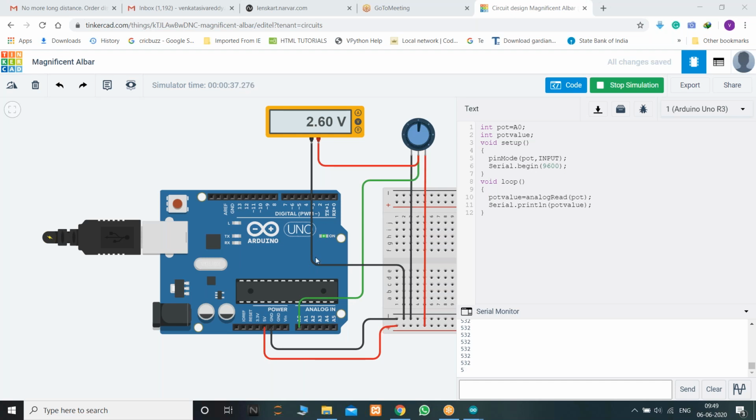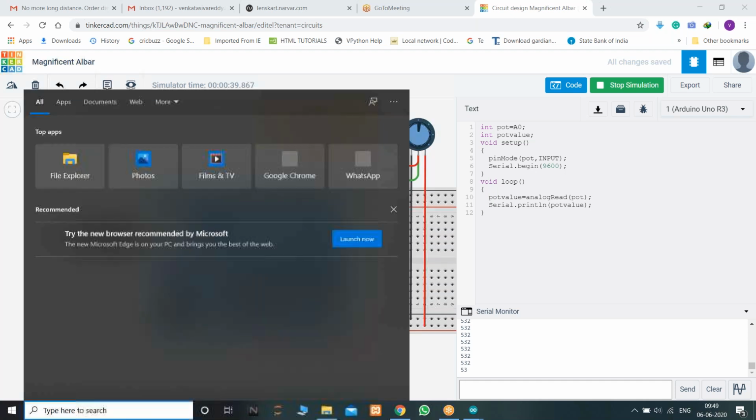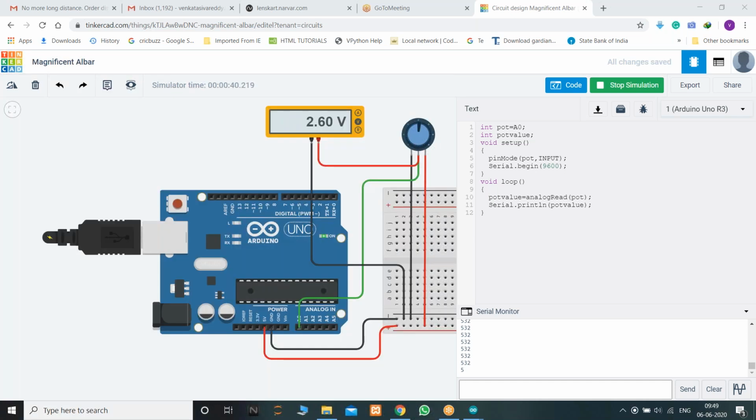What about others? Are you done? If you are stuck anywhere, please do respond. Is it clear with these analog input pins for reading data from analog inputs? If you have any queries, you can ask me about these analog inputs, analog pins.